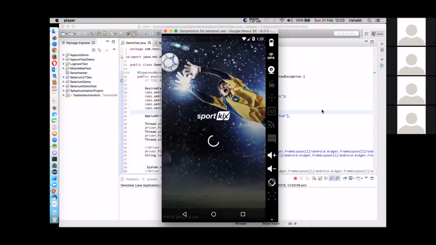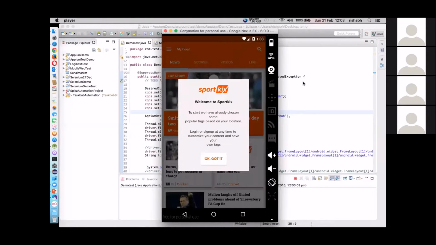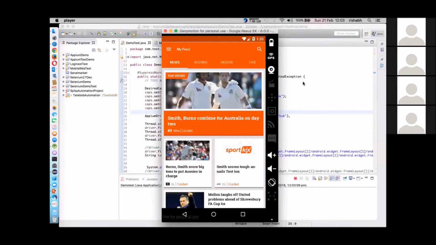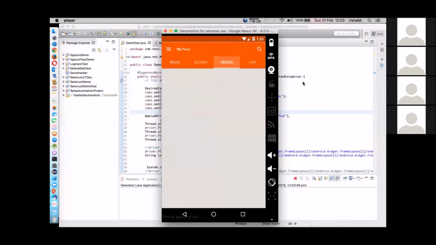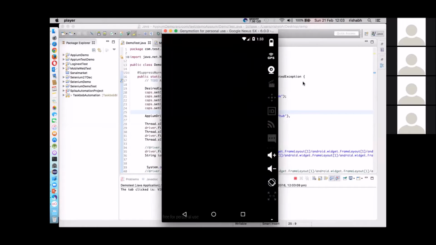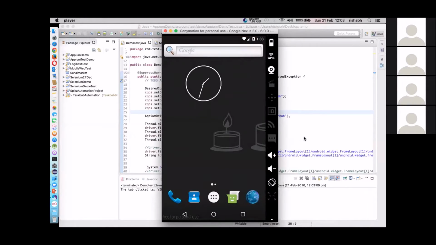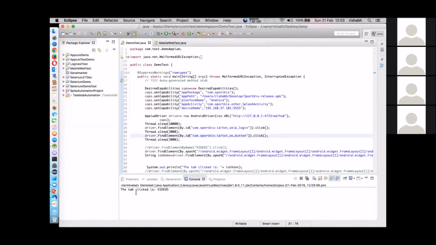And like we said, on the launch page, the home page, it will click. And now it will click on okay, got it. And now it will click on the videos tab. Fine. And now it has already uninstalled the application and closed this session. And I got that message that the tab click is video.